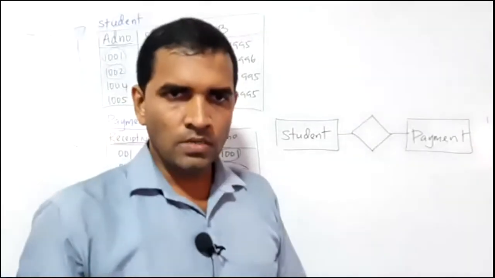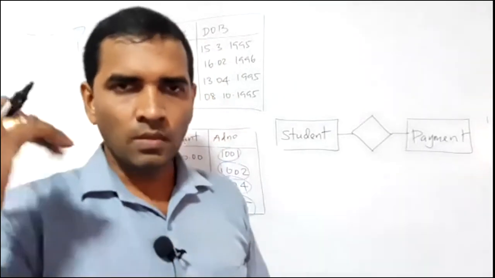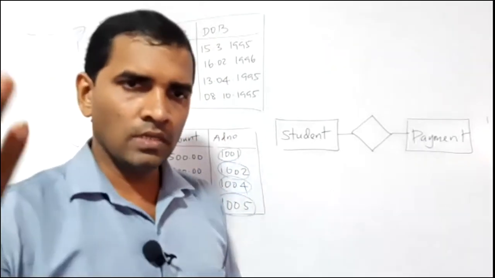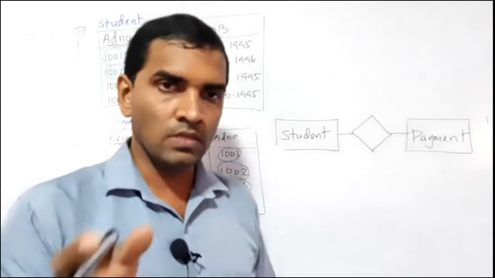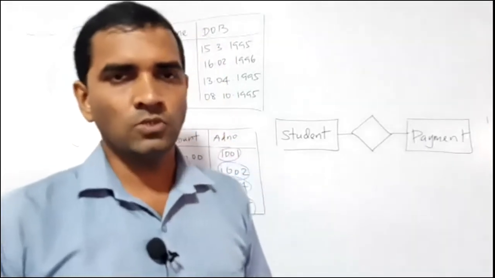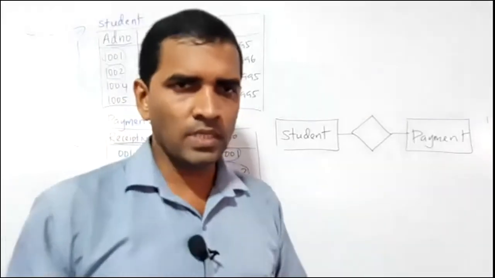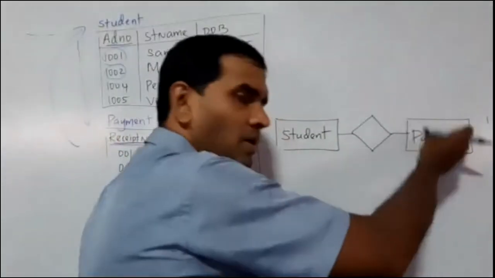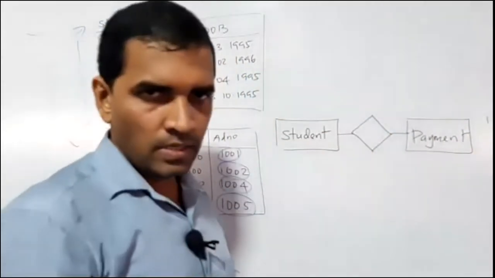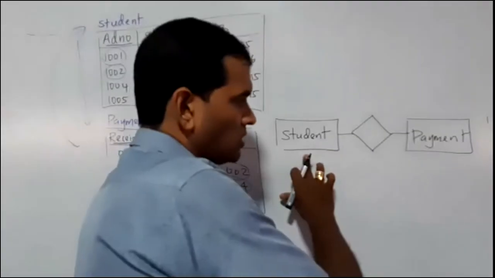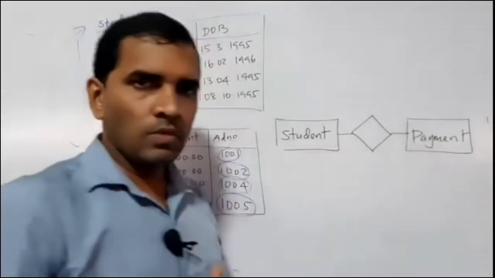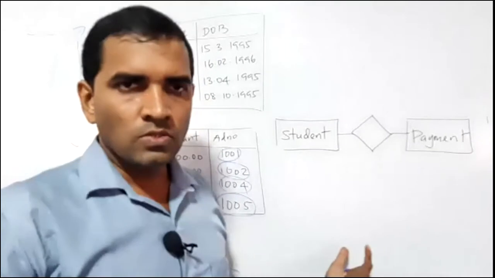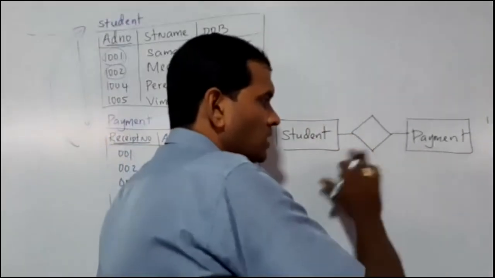This is payment table. Everyone knows that the payment table has payment related data. Maybe amount, maybe the receipt number, because whenever a payment is made, a receipt has to be issued, right? Receipt number, and maybe some other related things. We don't know what the other things are, it may be possible. Okay, so this has payment details. This has student details. Now I have to check the connection between these two, because here students are there, here payments are there.